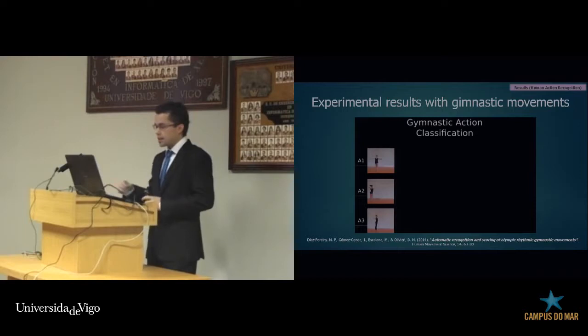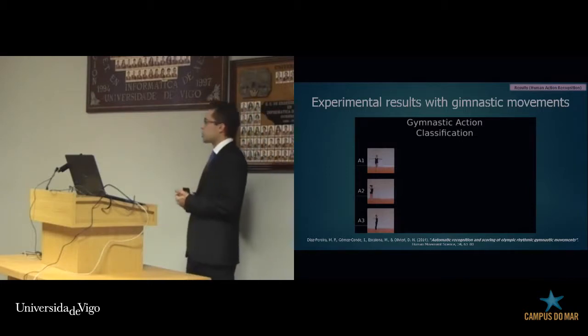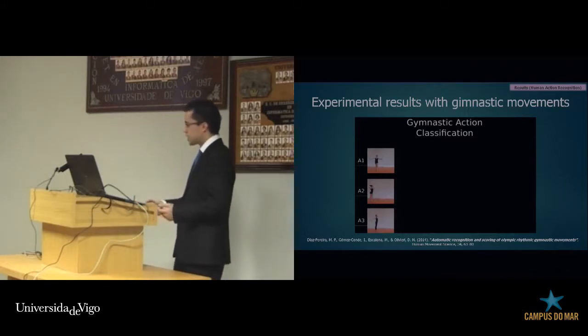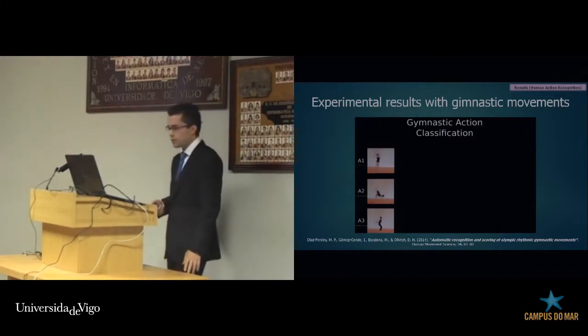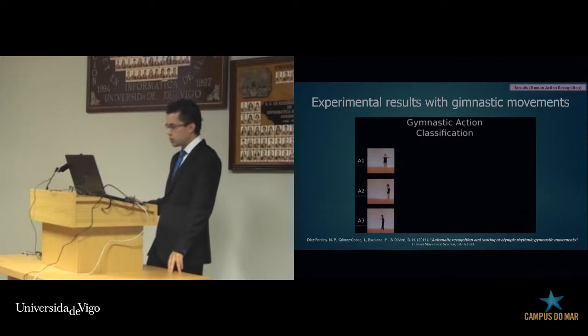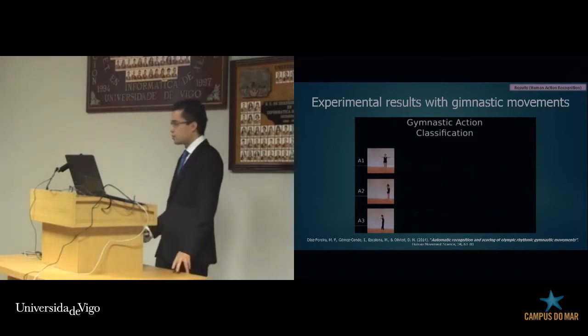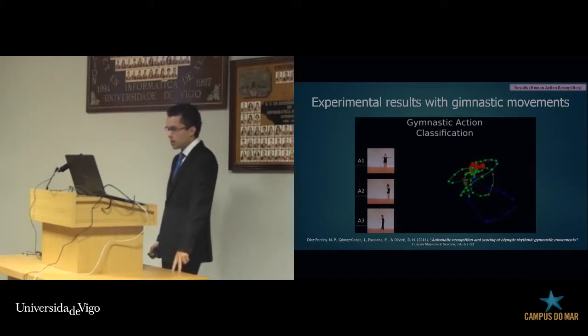So the next problem that we want to work on is to try to classify different gymnastic movements, but to try to score the same gymnastic movement done by different girls, by different athletes. So this is an example of 3 actions that you want to classify. So we create the motion vector flow instance, and then we create this space, and now we have a new girl doing the same action. I don't remember, but I think it's a jump.